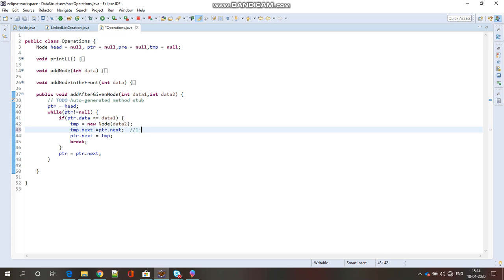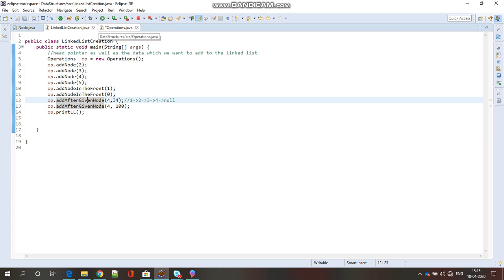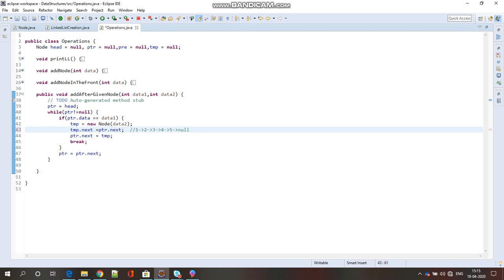Suppose we have a list like this, and we want to insert after the node 4 the data 34. The new node is created and temp is pointing to this node.